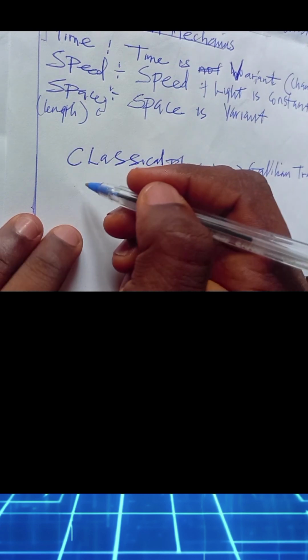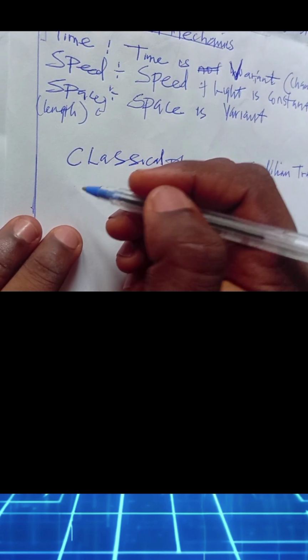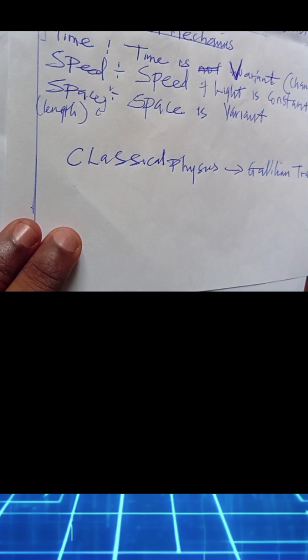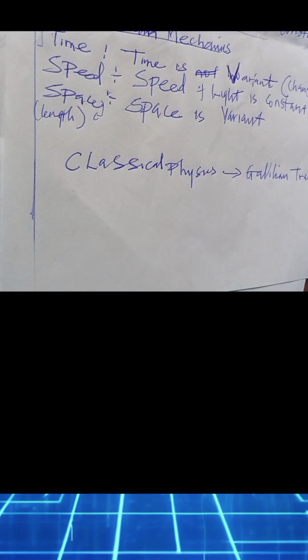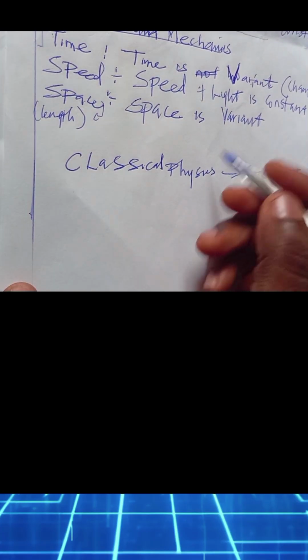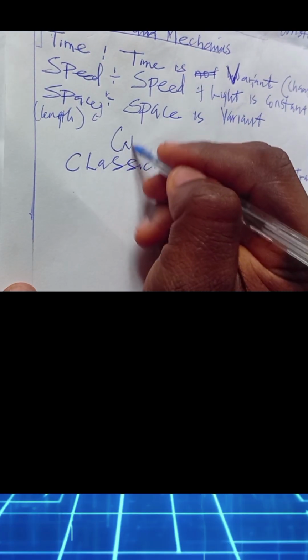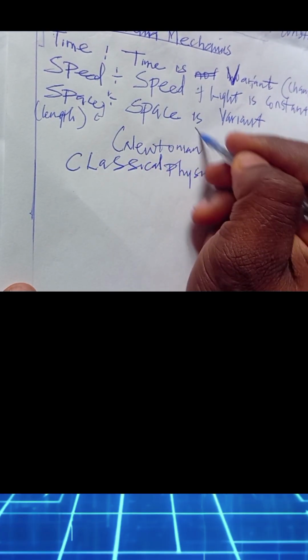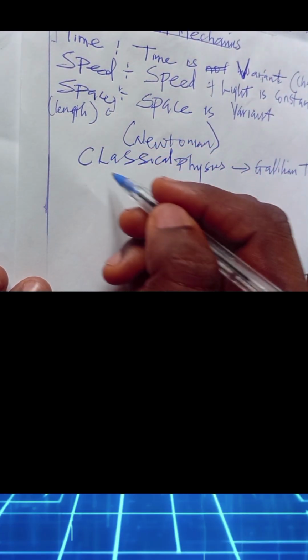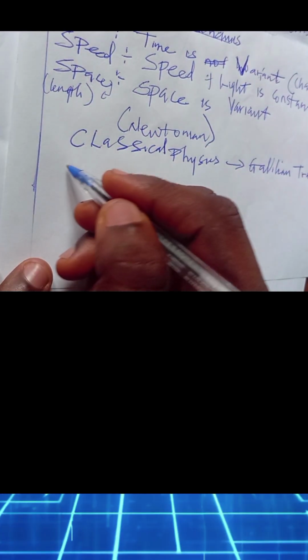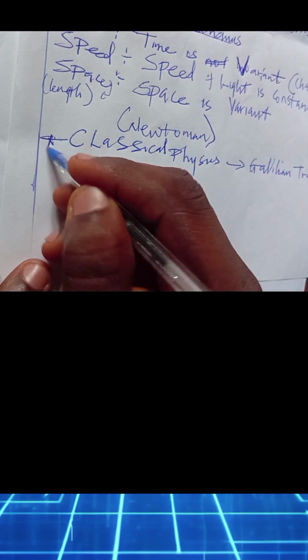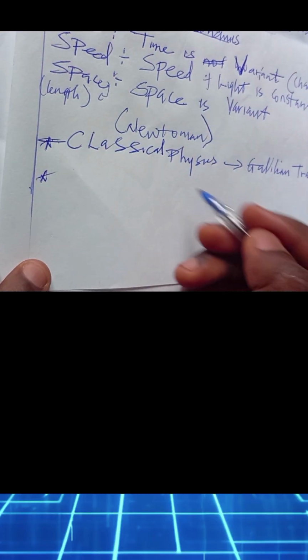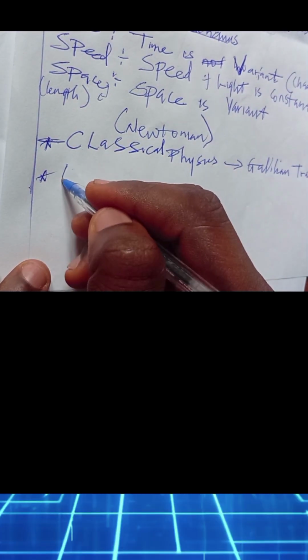The Einstein physics. That's the Einstein physics. You'll be looking at the Lorentz transformation. Remember that these two persons, Newton, this classical physics is also called Newtonian physics. Now, this classical physics, let me just write classical physics and the